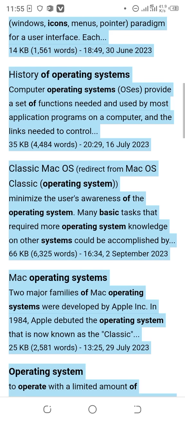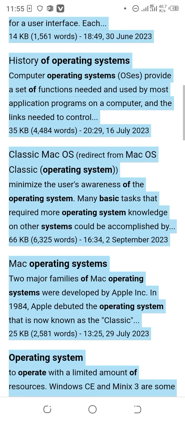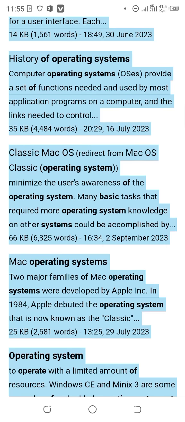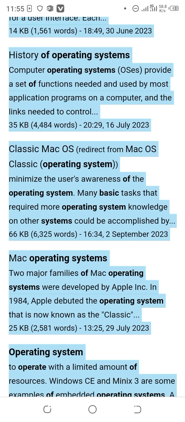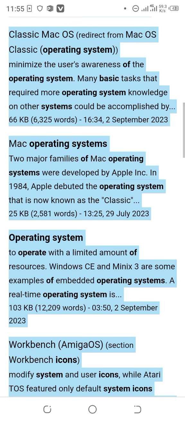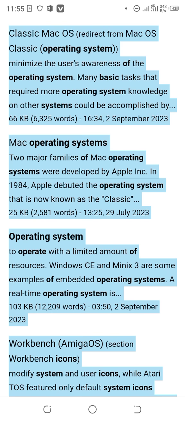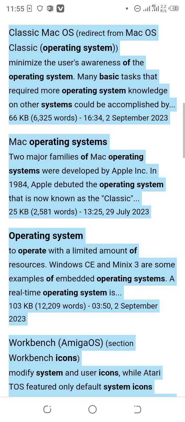Many basic tasks that required more operating system knowledge on another system could be accomplished by Mac operating system. Two major families of Mac operating system were developed by Apple Inc. In 1984, Apple debuted the operating system that is now known as the Classic